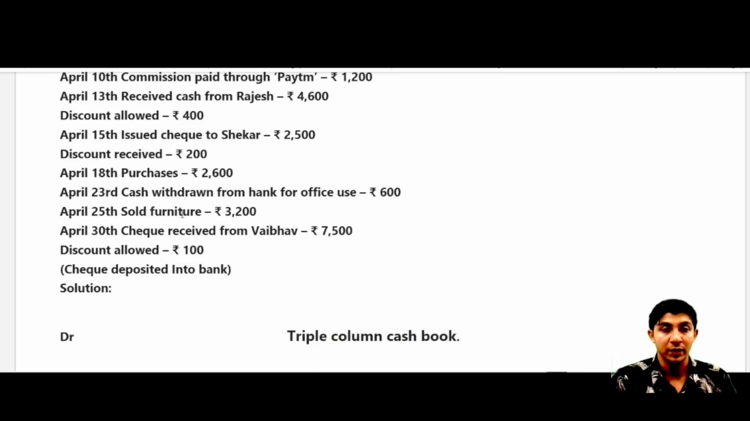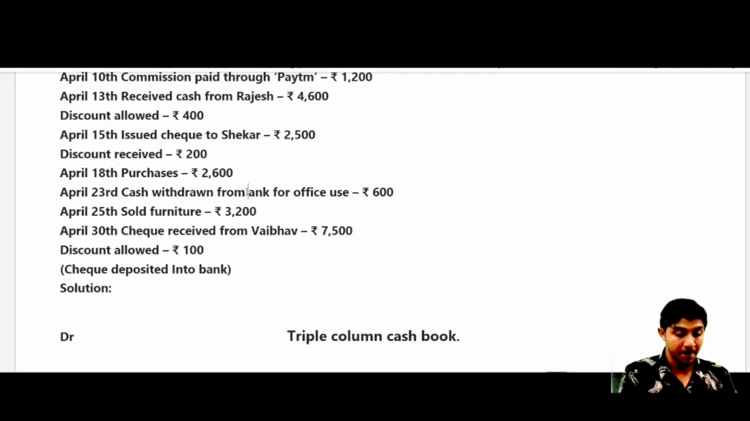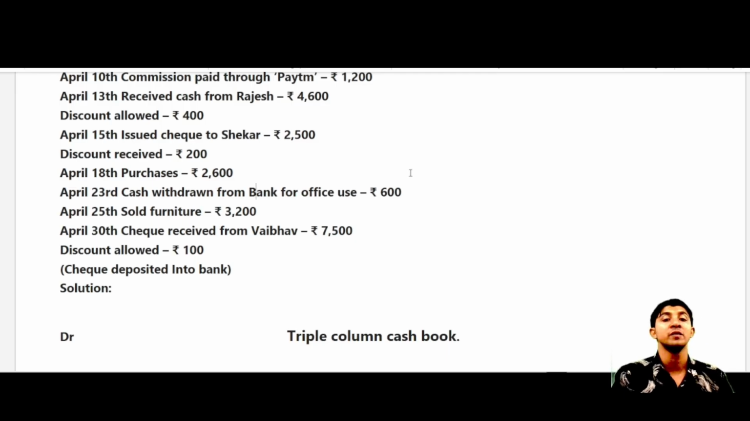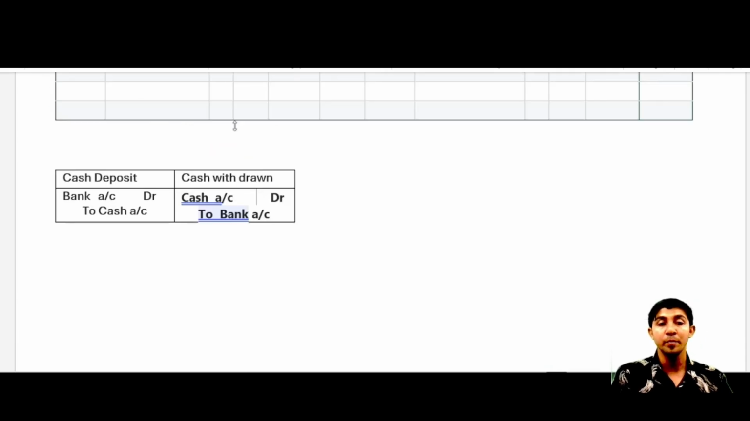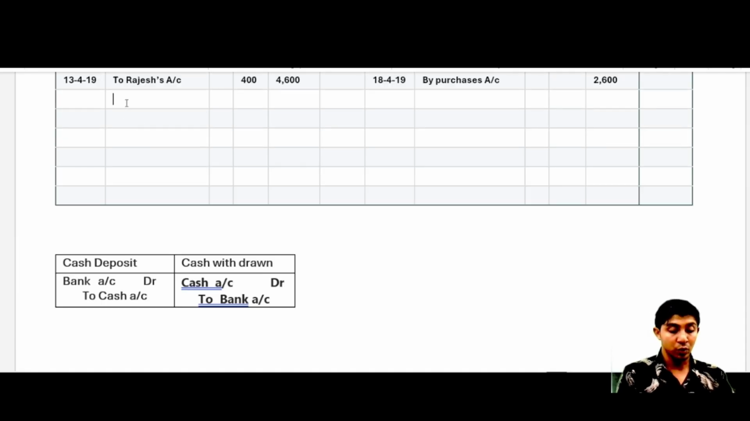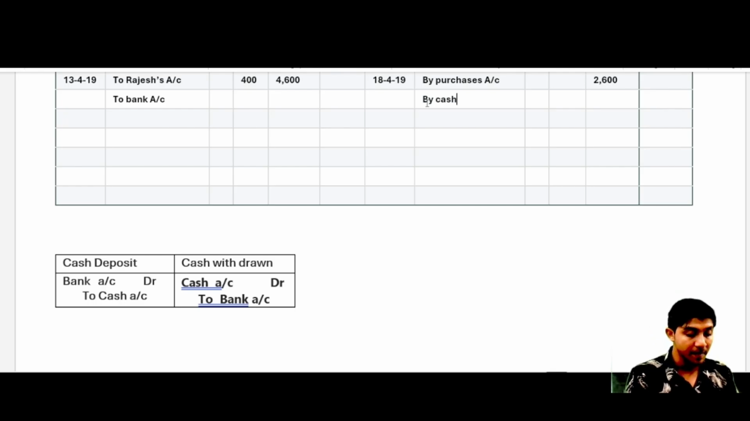Then after that on 23rd cash withdrawn from bank for office use 600। अब विड्रॉ करें तो कनेक्शन हो रहा कैश बॉक्स और बैंक का, तो कॉन्ट्रा एंट्री रहती, इमीडिएटली will see the journal entry, कैश विड्रॉन की एंट्री क्या आती, कैश अकाउंट डेबिट टू बैंक अकाउंट। अब ये जर्नल एंट्री में टू बैंक के साथ है सो we will write to bank here, बैंक and by cash on the payment side as per our journal entry, by cash